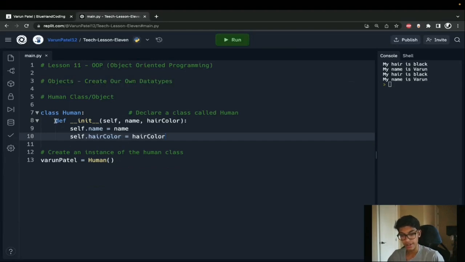Well, again, we have our initialize function, right? But now it's going to take a name and a hair color. You never have to give it this self. There's nothing that you have to give right here when you're initializing. But now if I run this,